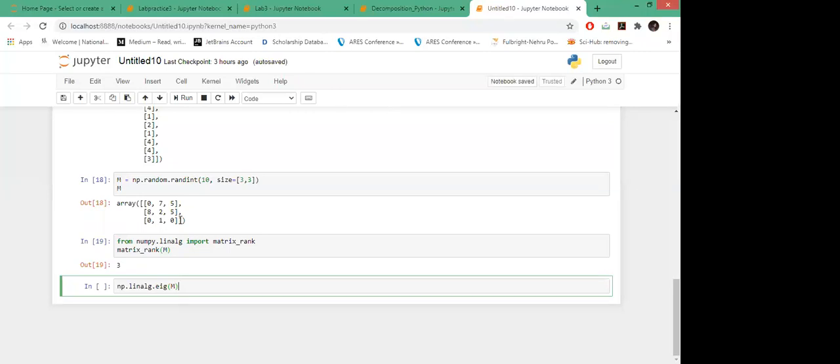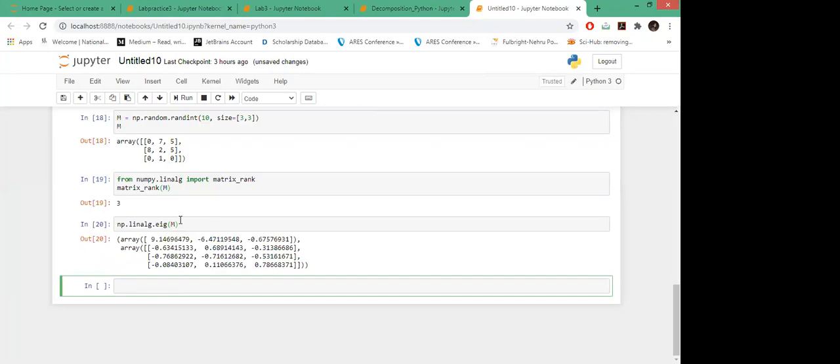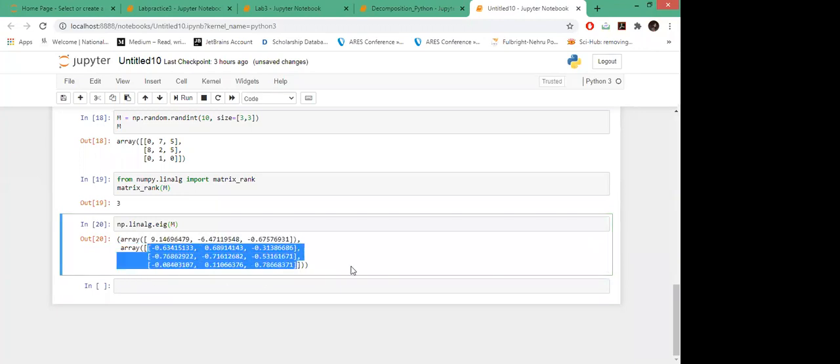Now see the output this function is giving us. First, it has this one array, and then we have this whole matrix. So this eig function for the M matrix is giving us the eigenvalues of this matrix, and then the second array is giving us the eigenvectors corresponding to these eigenvalues.